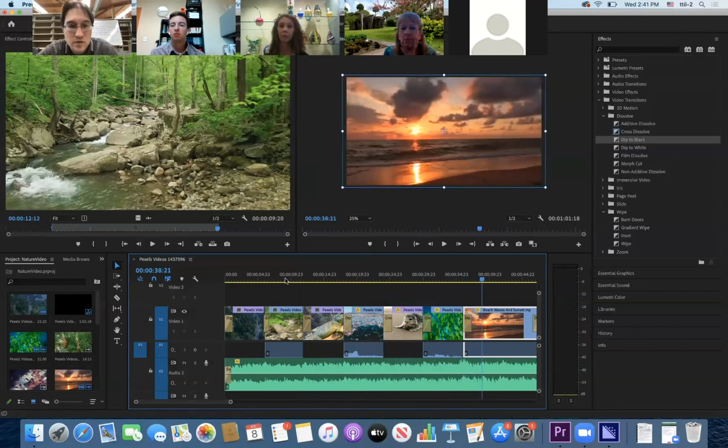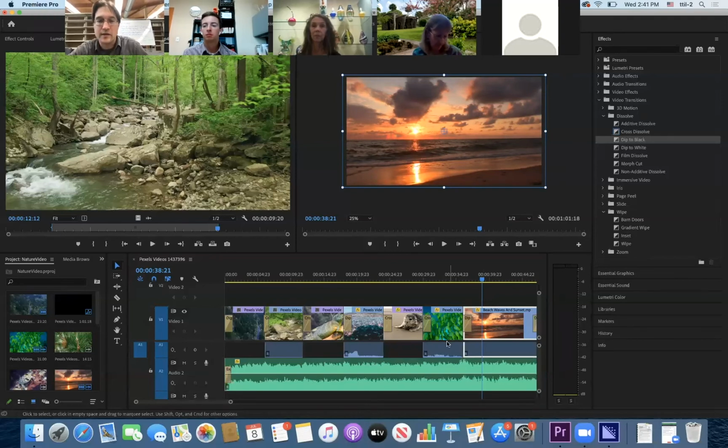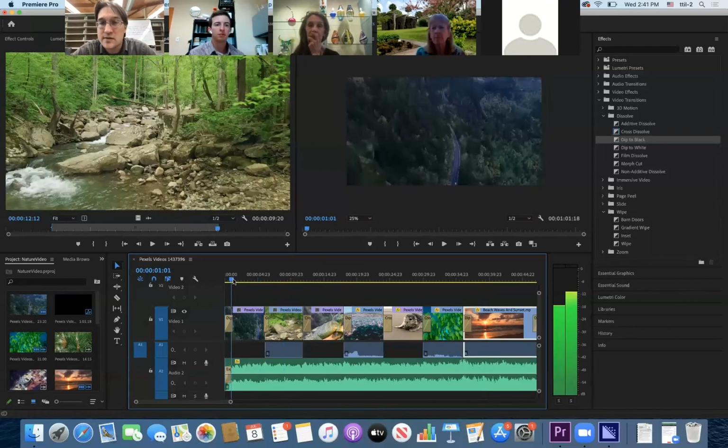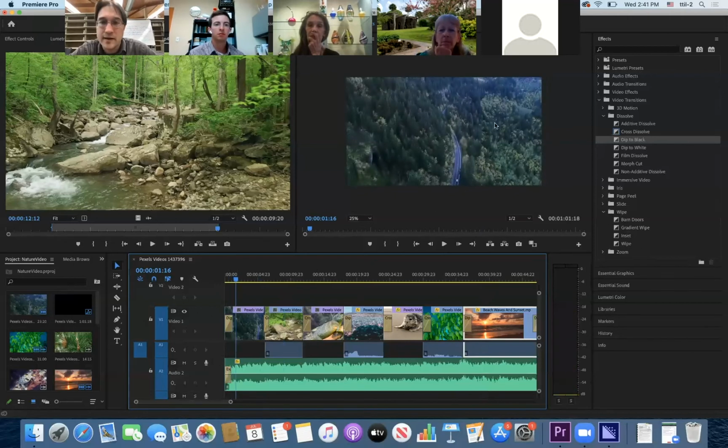Okay, so that gives you an idea how all that works. So now you know about the effects panel and how to add transitions to both your video and audio. Now let's talk a little bit about adding text overlays. And if you've got a logo or something like that, you can add pictures on top of your videos as well. I'm going to show you how to do this with text by adding a title and a credits reel